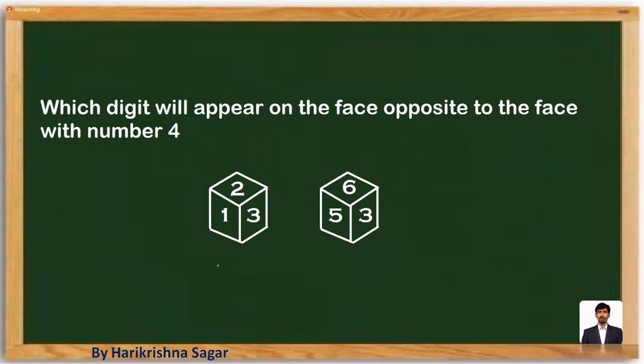So whenever you have any two dice question, first of all, these questions are classified into two types. Observe whether one number is common or two numbers are common. If one number is common, what we can do is go with the orientation method. After 3, we are able to see 1. After 1, there is 2. After 3, we are able to see 5. After 5, there is 6. That means we can say 2 and 6 are opposite, 1 and 5 are opposite. 3 opposite, we cannot see 3. It should be the other number. We can say the answer is 4.